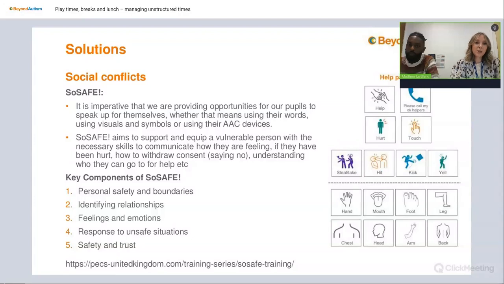Okay, so in terms of social conflicts as well, this is just one curriculum that we use at Beyond Autism at Parkhouse School. It's called the So Safe curriculum, and it was developed by PECS. We utilise So Safe because it's important that we're providing opportunities for our pupils to speak up for themselves and advocate for themselves and tell us when something might be wrong. And this is whether that means using their words or using visuals and symbols,